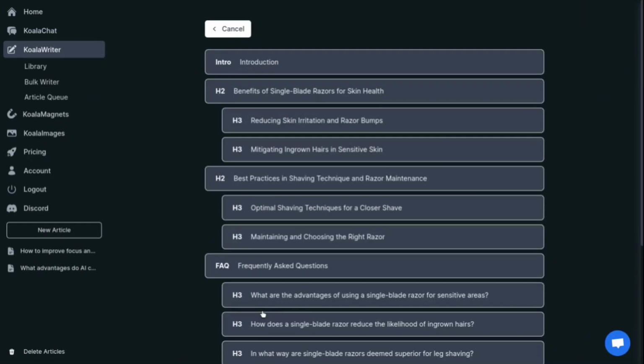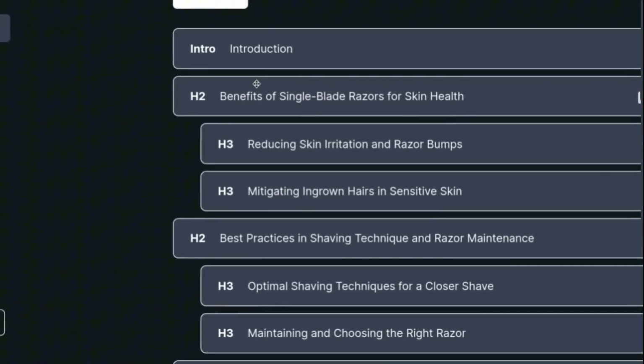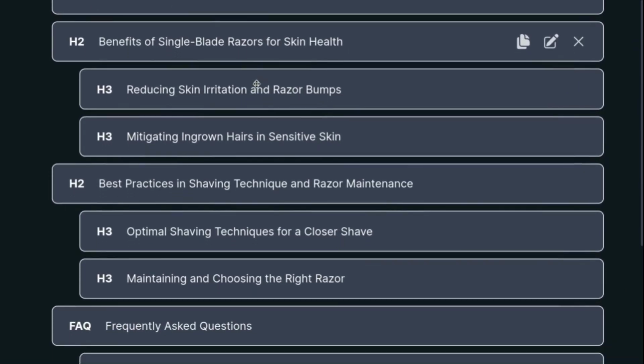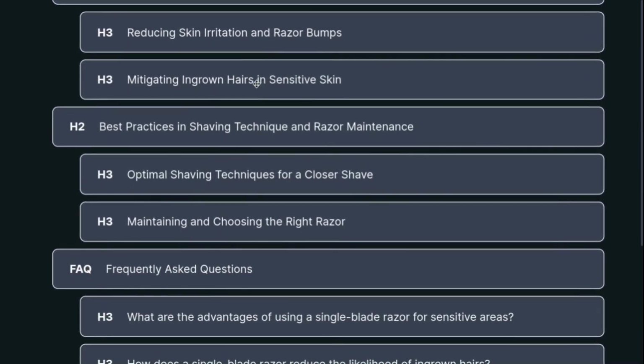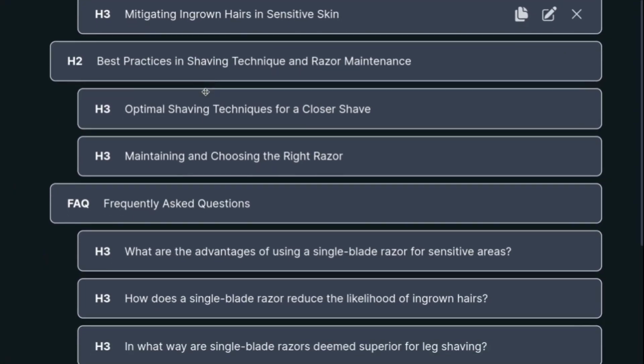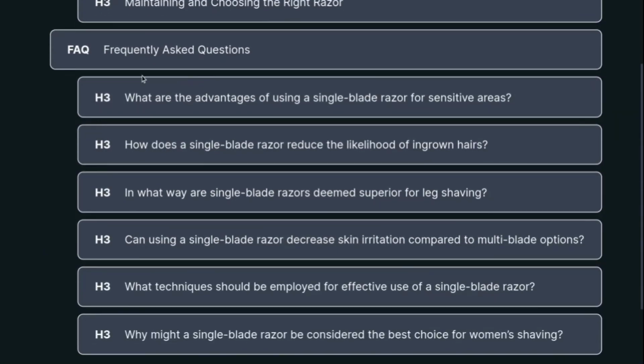Boom, we have an outline for a blog. As you can see, introduction, benefits of single blade razors for skin health, reduce irritation and razor bumps. Yeah, I don't know how to pronounce this word. Mitigating ingrown hairs in sensitive skin, best practices in shaving techniques and razor maintenance. Frequently asked questions right over here, which is why I love this one, because this actually increases your overall search engine